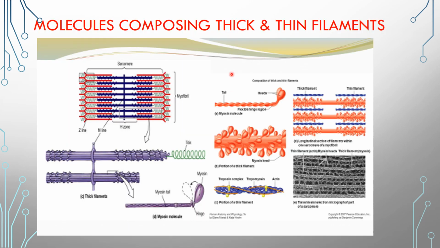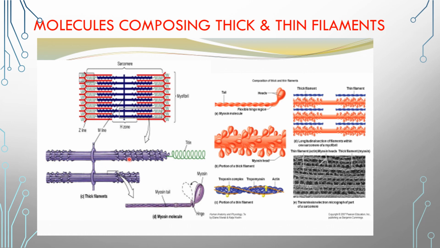So the organization of these light and dark bands are called the thick and the thin filaments. Now what are these thick and the thin filaments of the sarcomere? So you can see here there's one sarcomere, or the structural and the functional unit of the contraction of the muscle fiber. Now, in each myofibril, you can see the light and the dark bands, or the thick and the thin filaments, arranged together. Now, these thick filaments, or the A bands, are made up of the protein filaments which are called the myosin molecules.